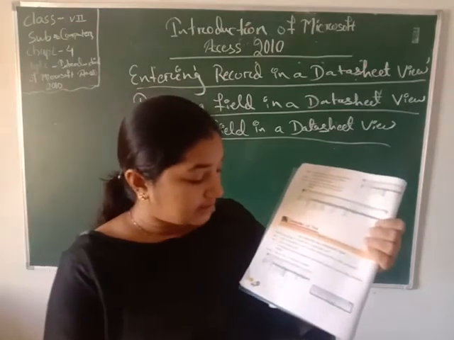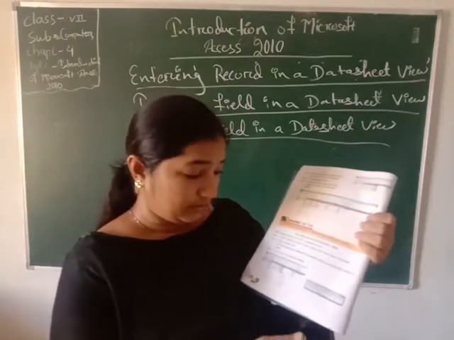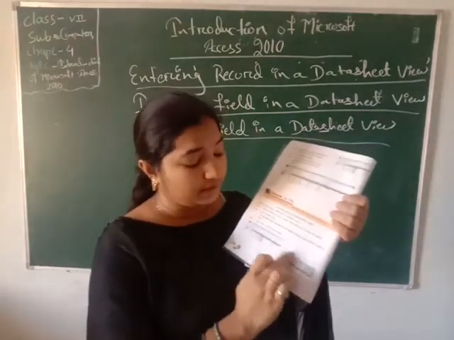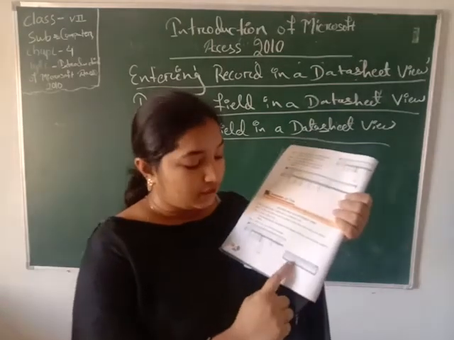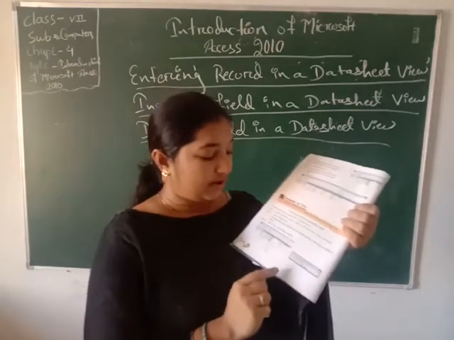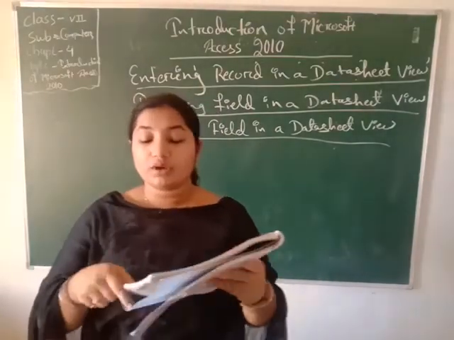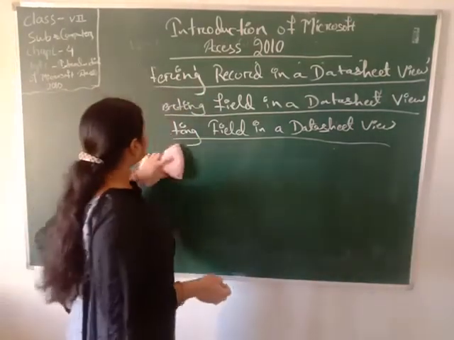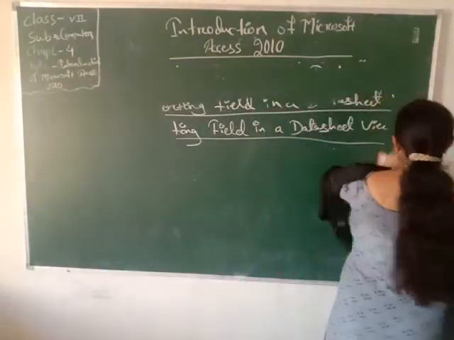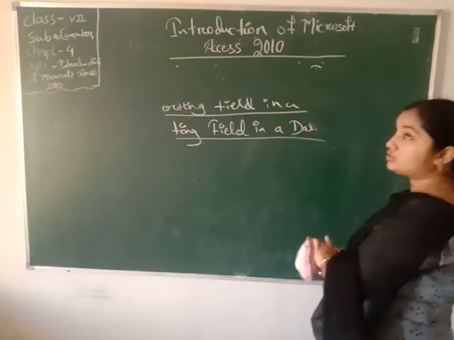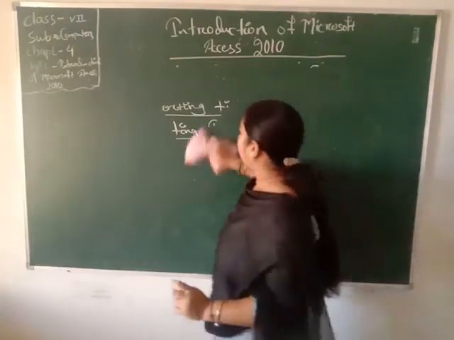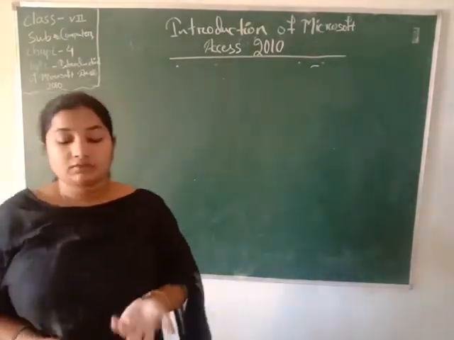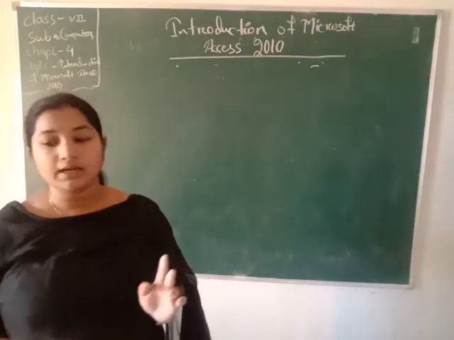After that, Microsoft Access message box will appear asking to permanently delete the fields. This is the dialog box of deleting by Microsoft Access. Here if we click on yes, the field will be deleted. So when you are deleting something in our phone also, you have seen one dialog box will appear asking if you are sure you want to delete, and when we click on OK or yes, then the information is deleted.